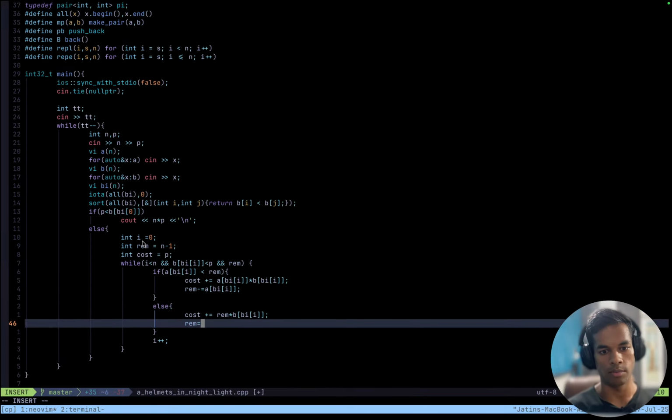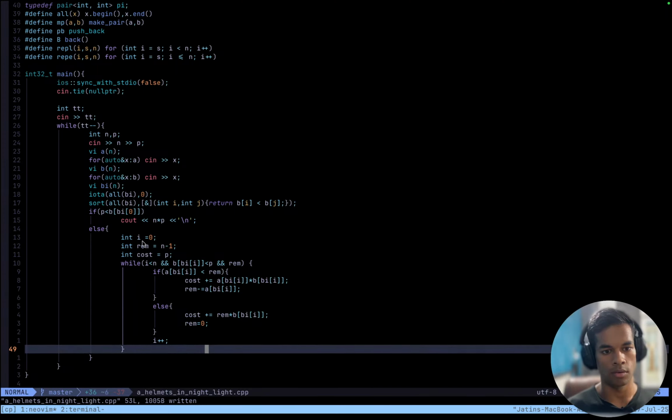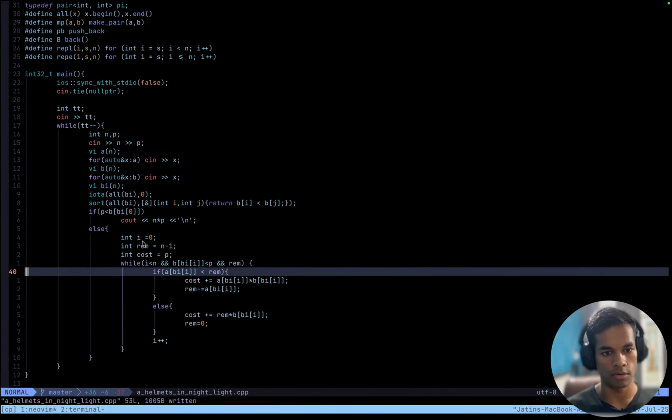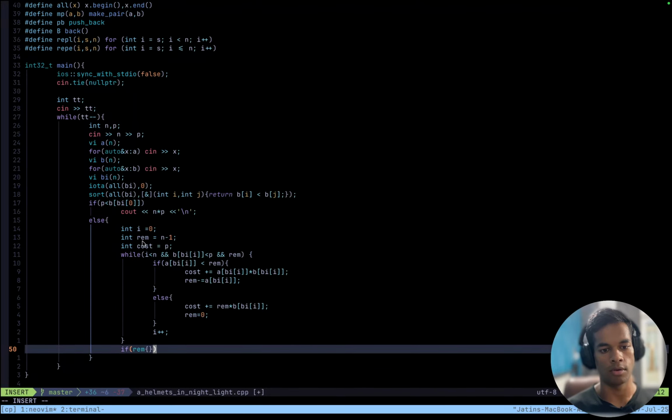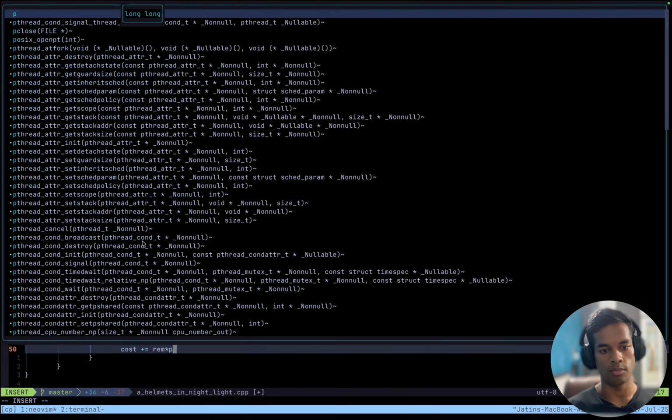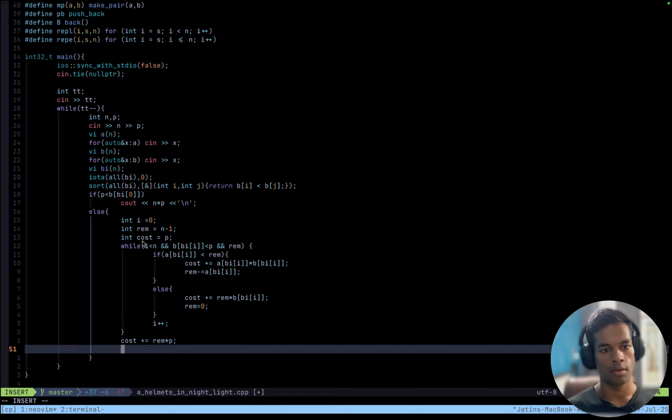Right. Rem equals 0. Now, after this, if this, then this, else this. Now, if rem, or like I don't even have to ask, cost plus equals rem into p. And cout cost.